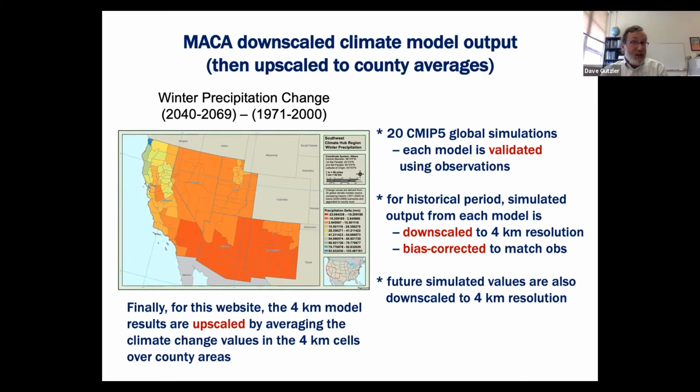Okay, so if that's enough wonkiness, that's how we go back and forth between data and observations to get the numbers that I think you're going to be cranking out and playing with at county scale. So it's based on big global models run at very coarse resolution, statistically downscaled to a resolution where we can then upscale it back to sort of a useful county level output.